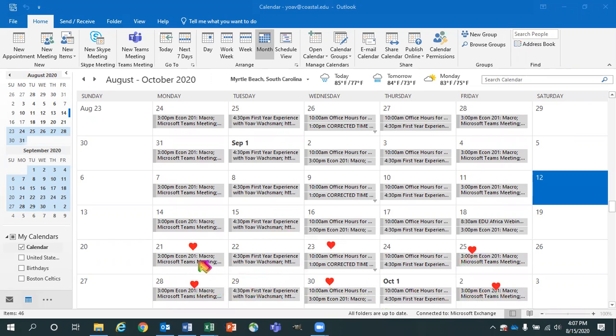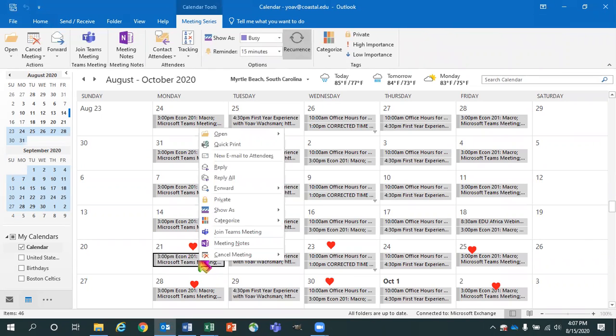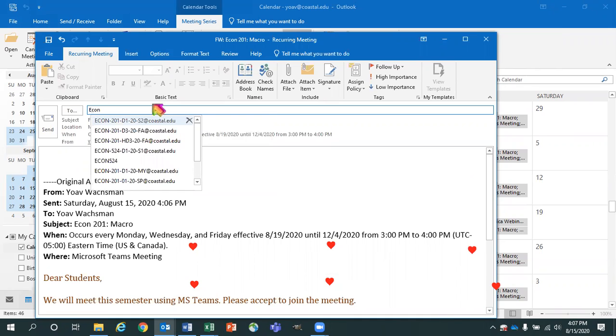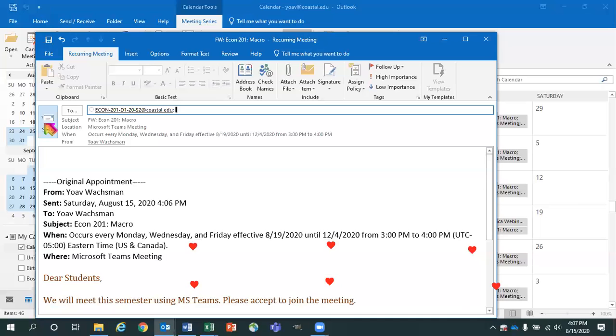So when you're ready to send this to your student, you can right-click on any of the classes. You can choose Forward, and then you can send the email to the entire class. And you can choose whether to forward a specific occurrence, which means only that one class meeting, or forward the entire series, and that would open up as an email. So if you either add the name of the students or a group email for the entire class, you can add that and send it to the group, and that will appear on their Outlook schedule once they accept the